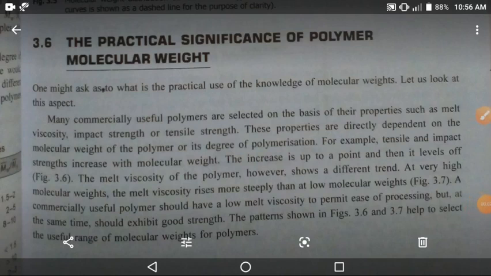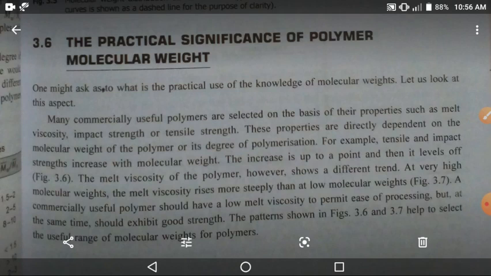Good afternoon to everyone. Today we will discuss polymer technology. We will discuss the practical significance of polymer molecular weight. In the previous lecture we saw the generalization terms, how to calculate or derive these equations. Now we start the practical significance of polymer molecular weight, with a figure and